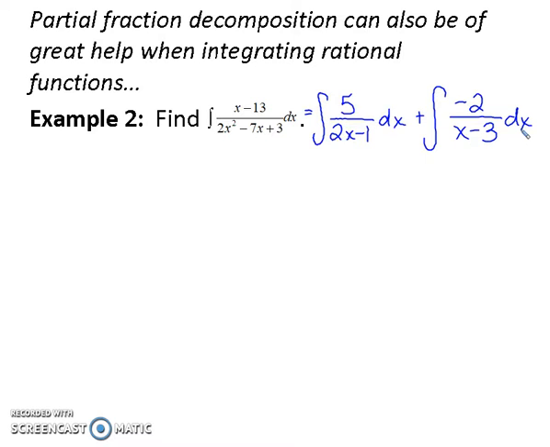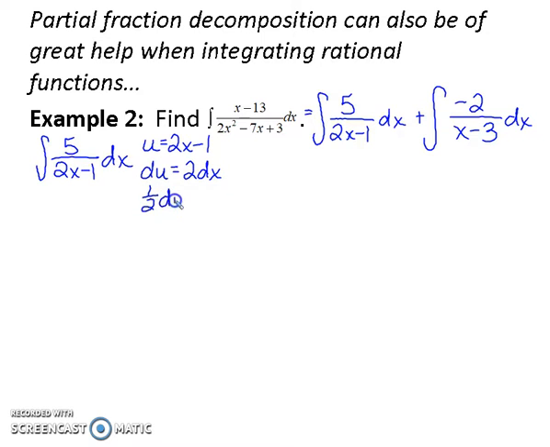So I'm going to do each one individually, and then I will worry about adding them together. So for this guy, your u is going to be your denominator. So then du would be 2 dx, but I don't have a 2 in my integral, so 1/2 du equals dx. So that makes my integral, I still have the 5 in there, and I have the 1/2 from my du, but instead of the 2x minus 1 in the denominator, I've got a u in the denominator. The two coefficients give me a 5/2, and then 1 over u integrates back to natural log of